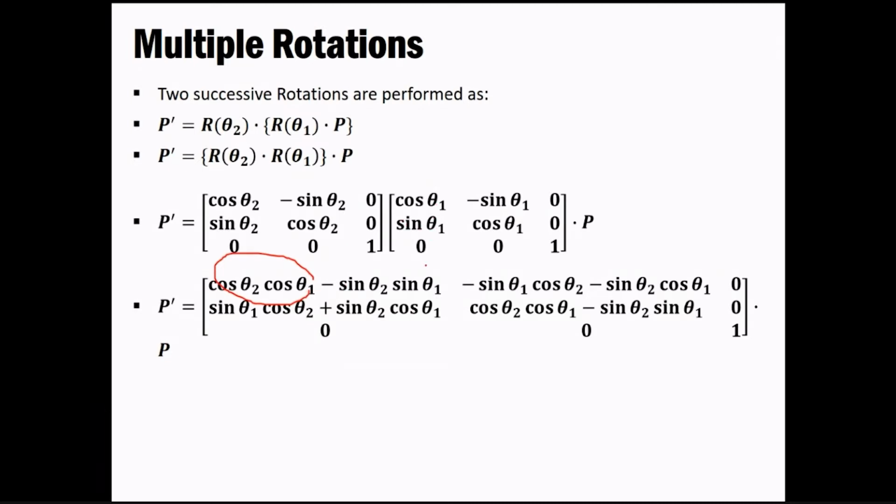Okay, so another thing that you have is sine theta 1 will be multiplied with sine theta 2, but obviously our sign is minus, so we'll put minus over here. And another thing that we have is 0, but obviously 0 will be removed. So simply we have two things, that is cos theta 2 cos theta 1 minus sin theta 2 sin theta 1. Similar thing is to be followed for this particular thing, and we have to multiply it with the very first thing that we have.